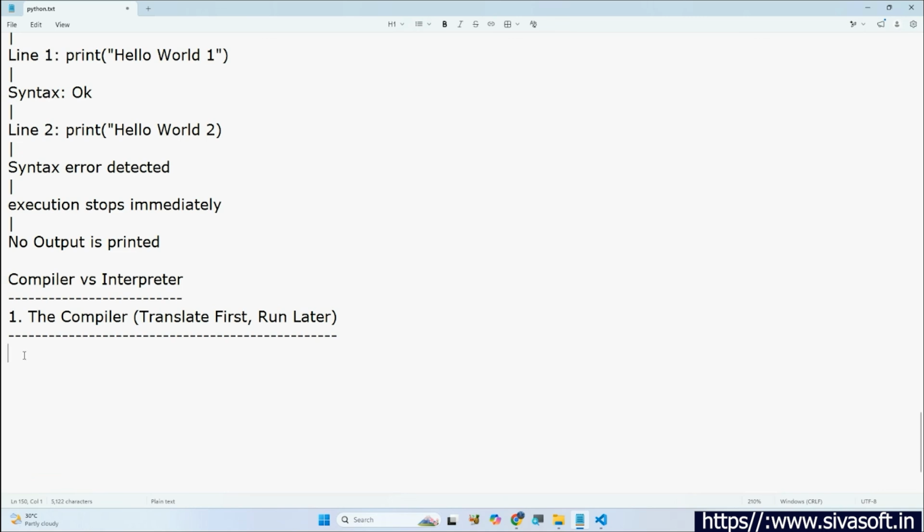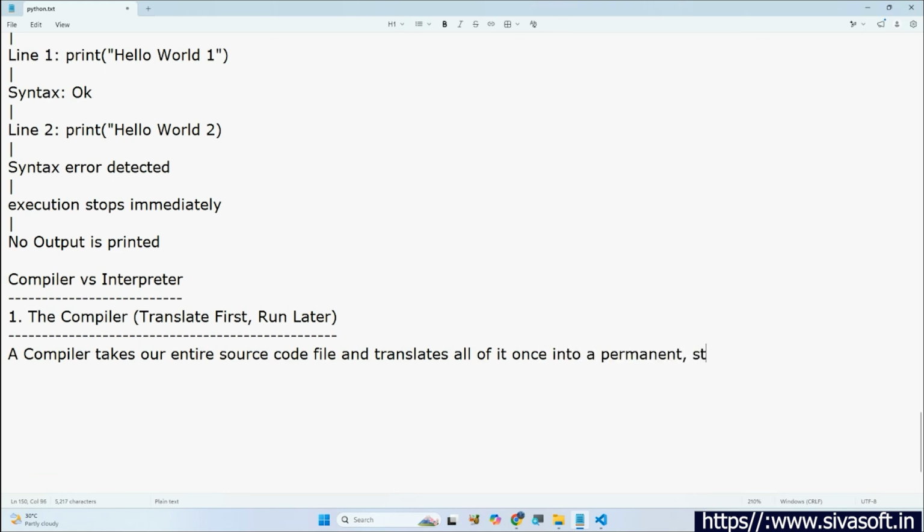So now I'm going to write a simple definition. A compiler takes our entire code. So whether you wrote 10 lines or 1000 lines, it doesn't matter. Compiler also is one of the special software programs. A compiler takes our entire source code file and translates all of it once into a permanent standalone machine code file